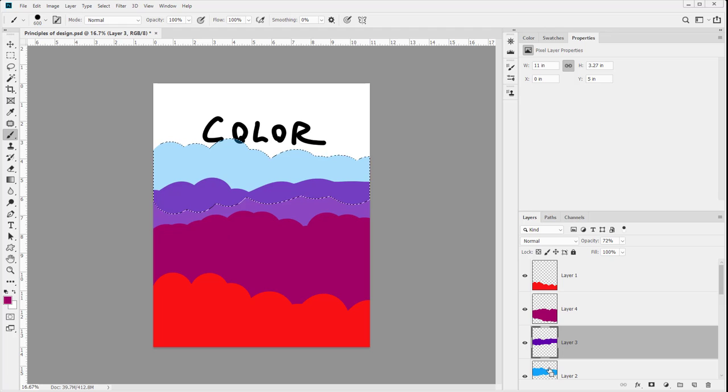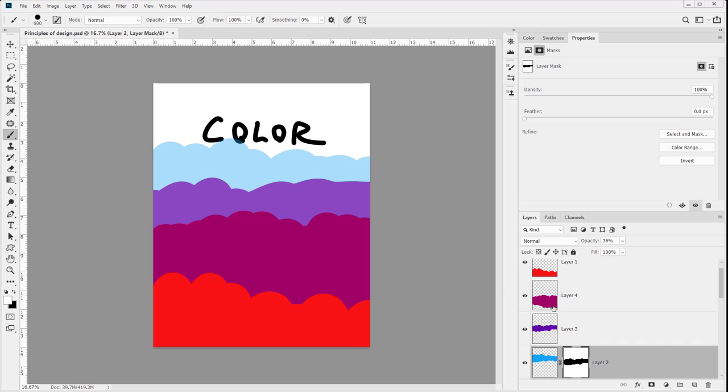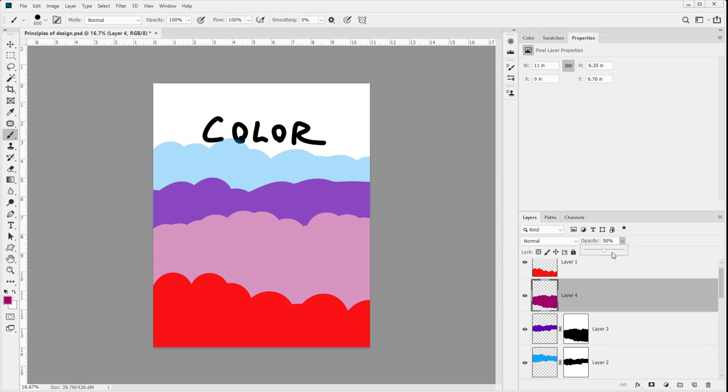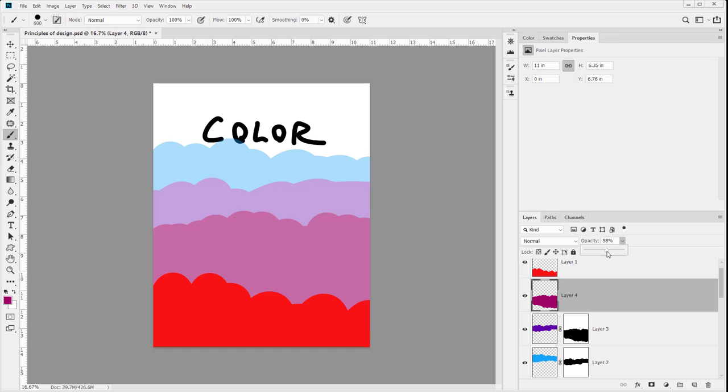and maybe if we want to be really good about it, we will go ahead and mask this out. Did that the wrong direction. There we go. So that we can truly have something good here. Okay, there we go. Now I can just lower the opacity, wrong one, on this one. No worries. All right, so the closer we get, the more opaque something becomes, essentially, and the further back, more